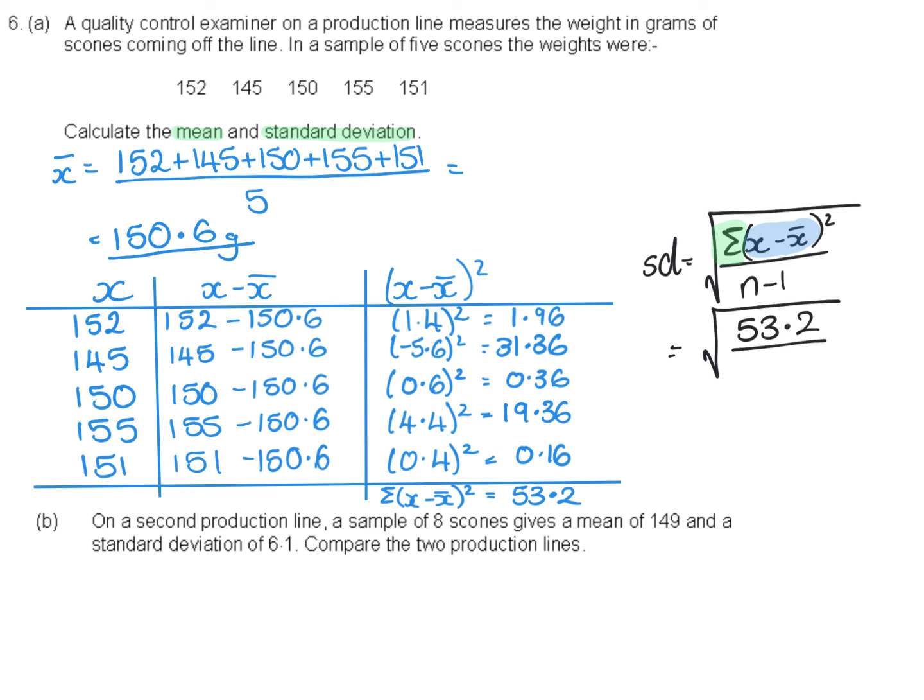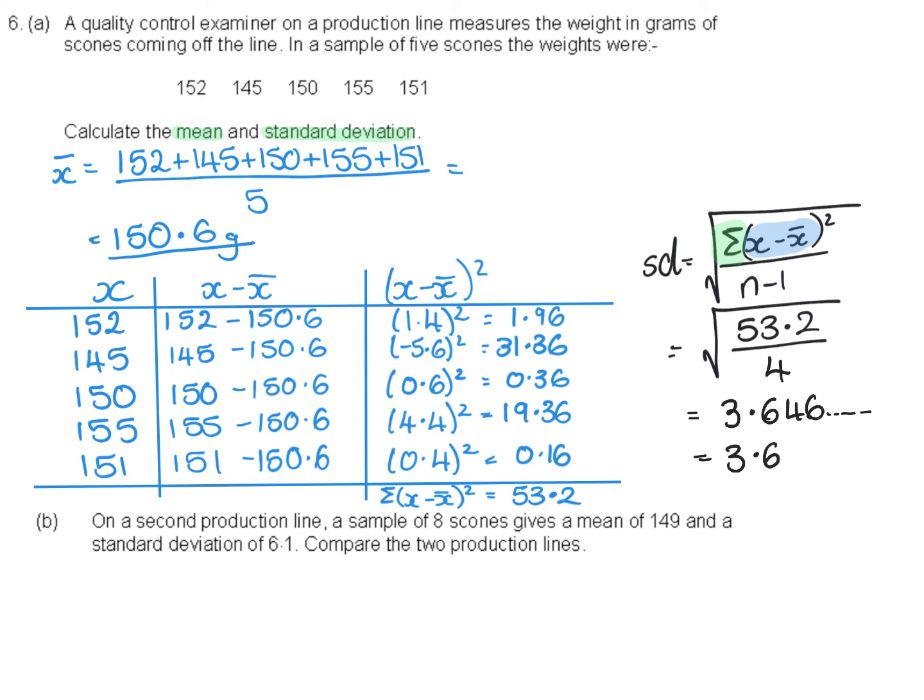The value for n take away 1. How many values were there? It was 5 scones that we were working with. 5 take away 1 gives us 4. So remember, let's get this in our calculator, press the square root, press the fraction button, 53.2 in the top and 4 on the bottom. Lovely long decimal again. So that's coming out as 3.646. And I'm going to round that to 2 decimal places,